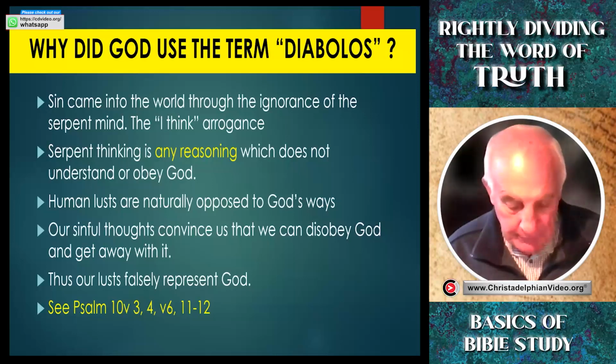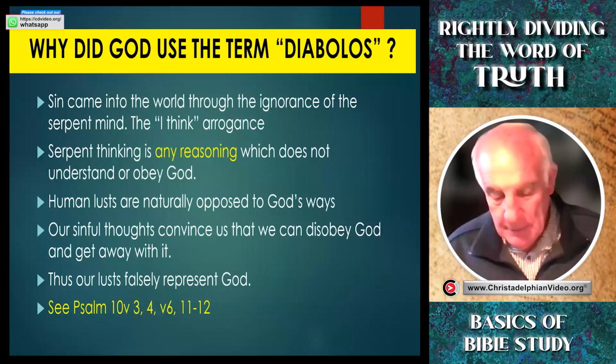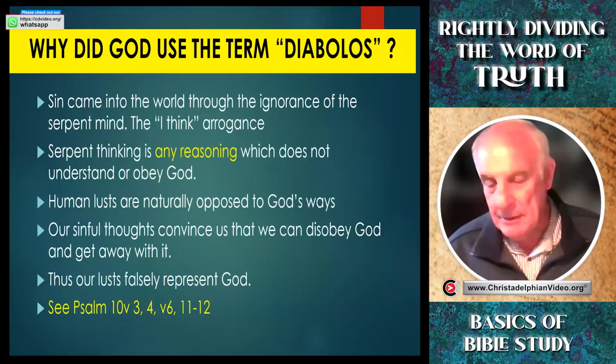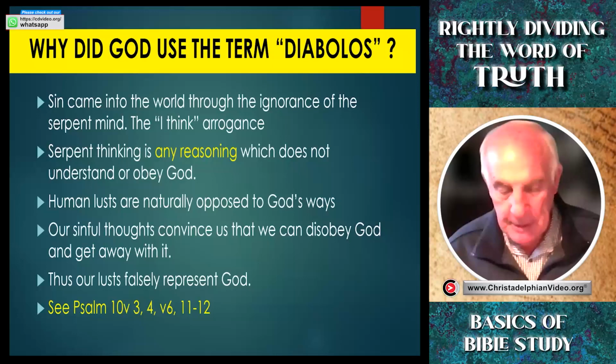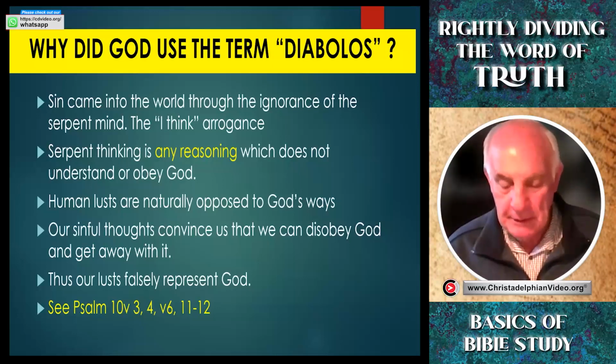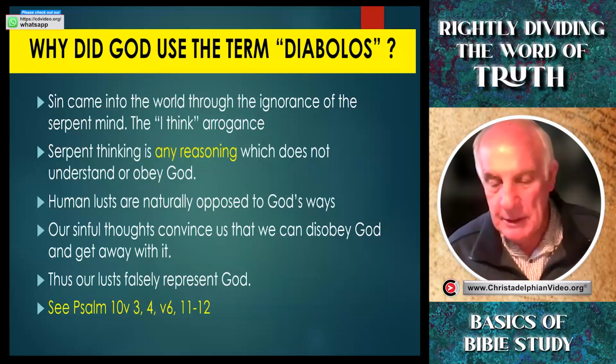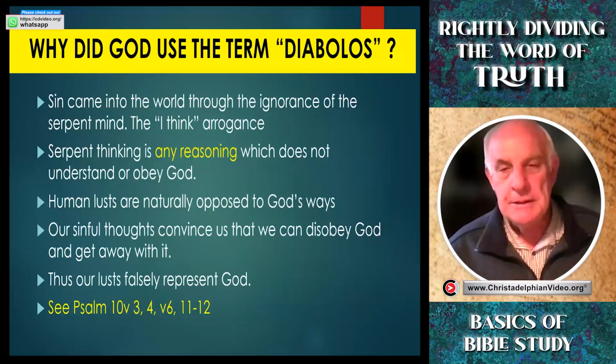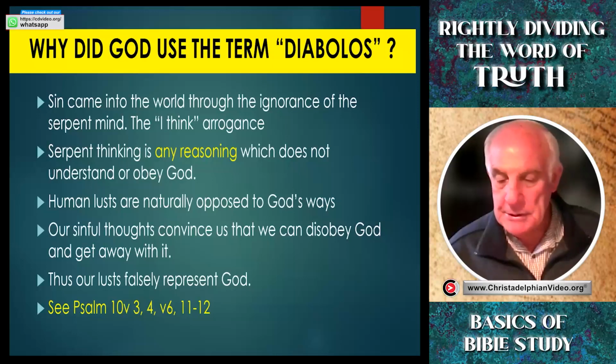The poor committed himself unto thee. Thou art the helper of the fatherless. Break the arm of the wicked and the evil man. Seek out his wickedness. So you see, the great problem, the great issue with the wicked mind, with the arrogant mind, with the powerful mind that abuses other people, is they think that God doesn't care. They think that God doesn't see it. They think they will get away with it. And that, God says, is the diabolos in action. This is the falsely accusing God that either he doesn't exist or he doesn't care.